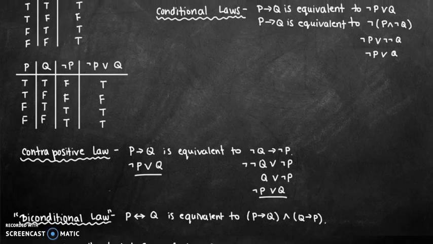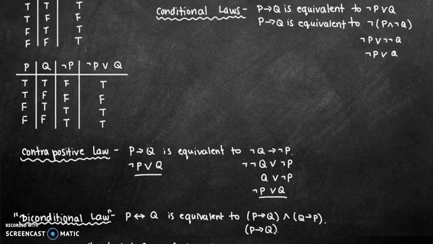And we also have our biconditional law. So biconditionals are going to have arrows in both directions. So not only do you have if P then Q, then you also have if Q then P. And that's also expressed as if and only if in the verbal form. So we have our law, P if and only if Q is equivalent to if P then Q and if Q then P. By contrapositive law, however, the biconditional of P and Q is also equivalent to